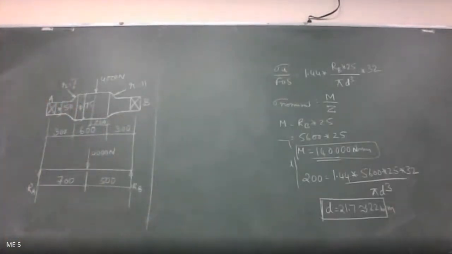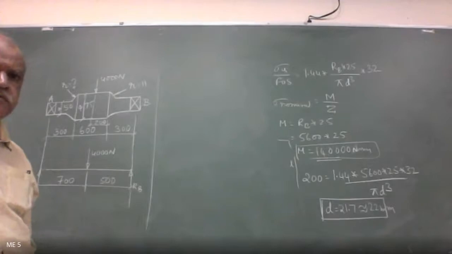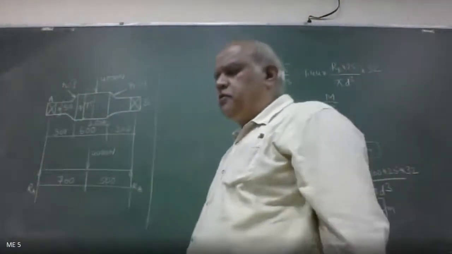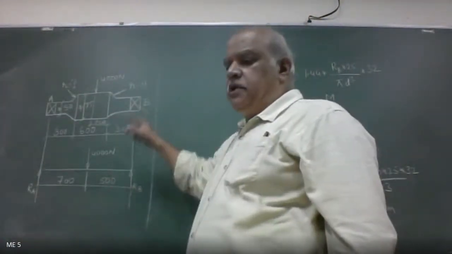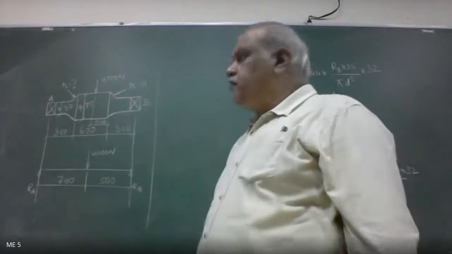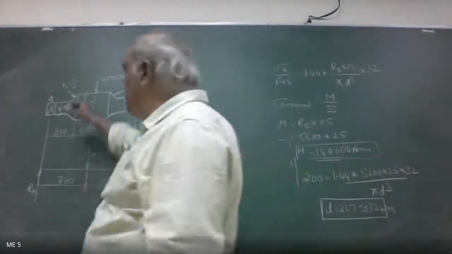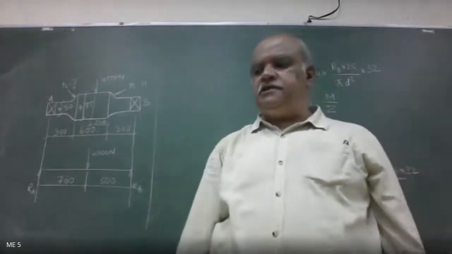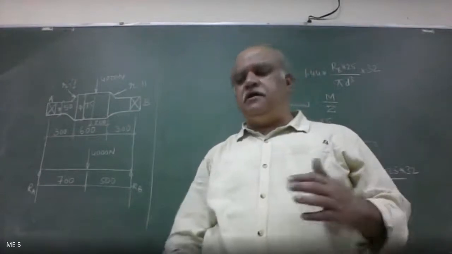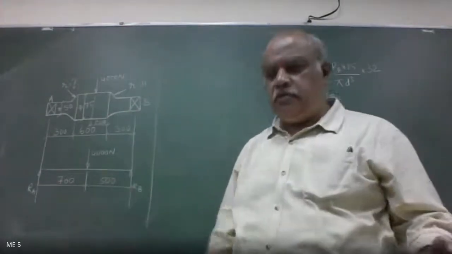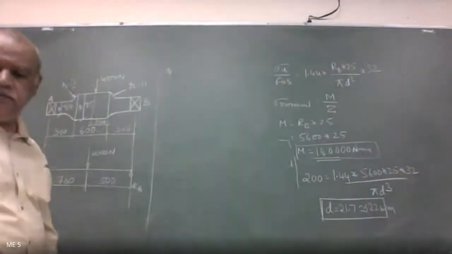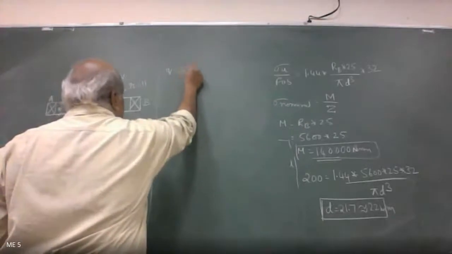Noted down? Finished? Yes, sir. I'll go through the problem. Please look into the book. A load of 4000 Newton is acting on a simply supported beam or shaft as in figure. Find the radius of the fillet at the left side of the shaft. This is what we need to find out, if the maximum stress at the left fillet is same as that on the right fillet. That is the problem. And take q is equal to, what is the value of q given in the problem? 0.95.